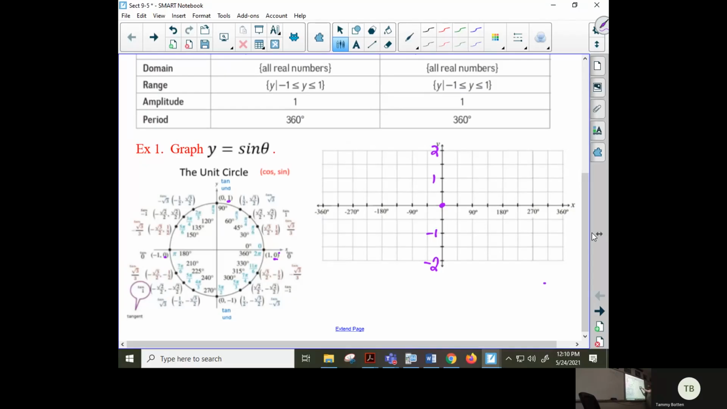I'm going to do every other one as 1. So at sine 90, it goes up to 1. At sine 180, it's at 0. At sine 270, it's at -1 down here. And back at sine of 0 or 360, it's at 0. And then you just draw that curve